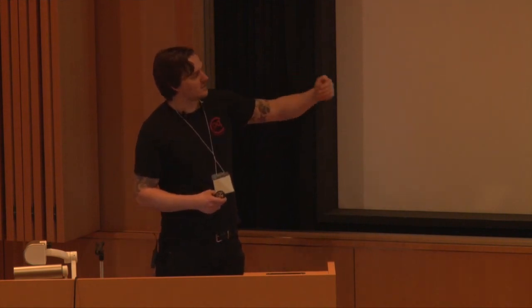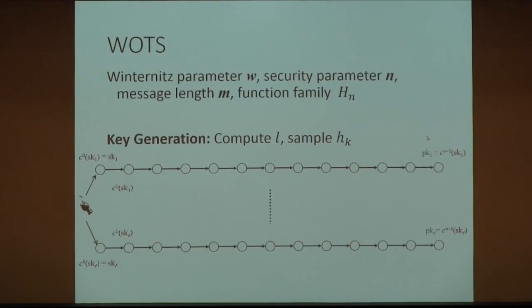The last element in the chain will be w minus 1, where w is the length of the chain, w minus 1 times the function applied to the input. Okay? So that's simply a chain of hash values. Now, from this, we can build a signature scheme, and that's what Winternitz proposed. The Winternitz parameter w controls the length of these hash chains. And this also leads to a signature key size